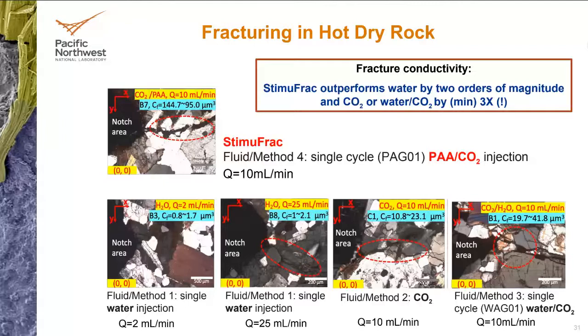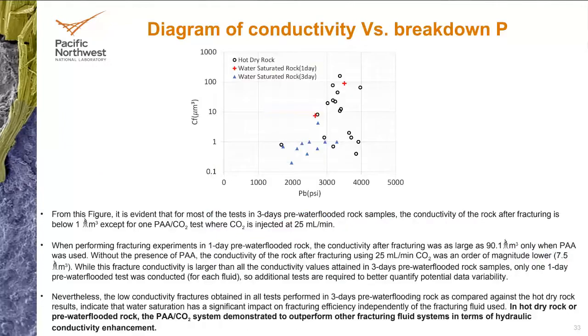Thin sections, like I said, for water saturated rock, we are pending the results. And then here, this is a diagram of the conductivity as a function of breakdown pressure. We observe that at higher breakdown pressures, the conductivity does increase. But in the case of water saturated rock for 3 days, the triangles, independently of the fluid we use, and this is all the fluids, the conductivity is very low, with one exception. Polymer solution CO2 got a conductivity in the order of 20 cubic micrometers, 5 cubic micrometers, still low, but